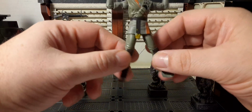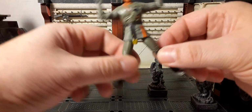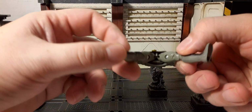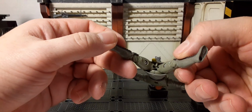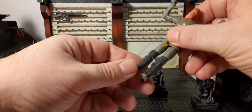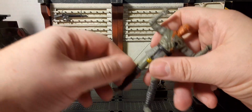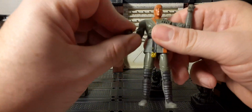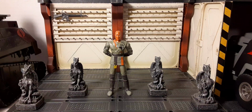So you can see that you can really stretch it, you gotta hold it though. The kick back has the O-ring there. That's what it looks like inside there. And then we have no sitting at all. So you can get a side kick maybe if you're lucky, before you force it. But it's pretty cool. So he's a decent figure, but what's really interesting, he comes with very unique accessories,